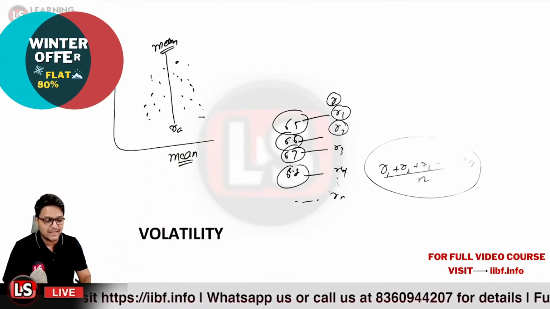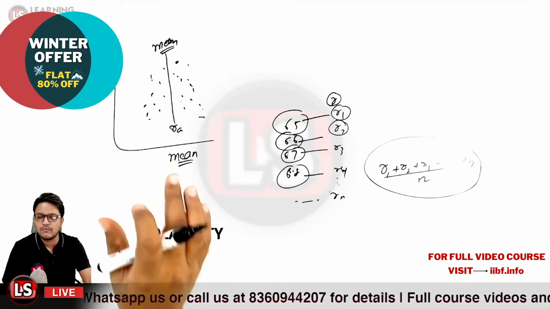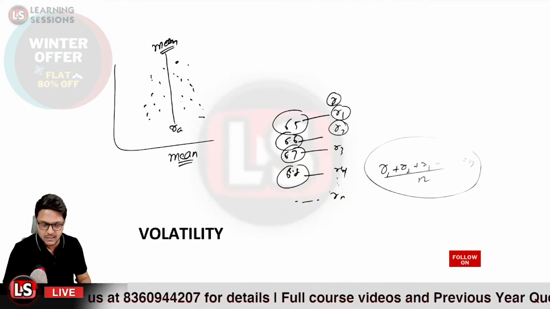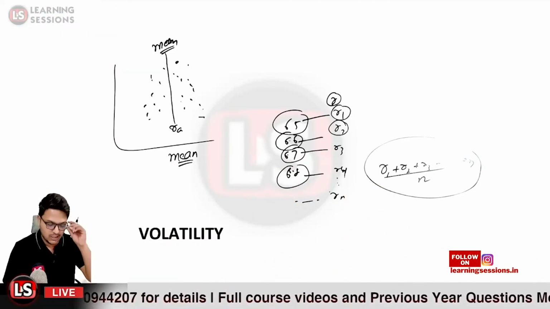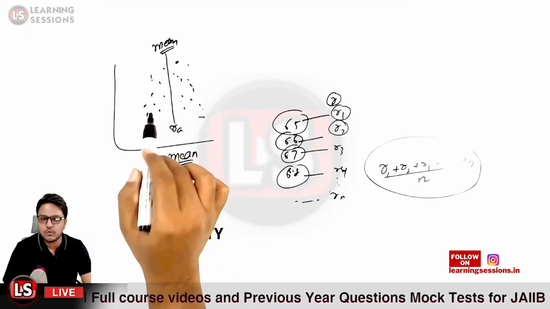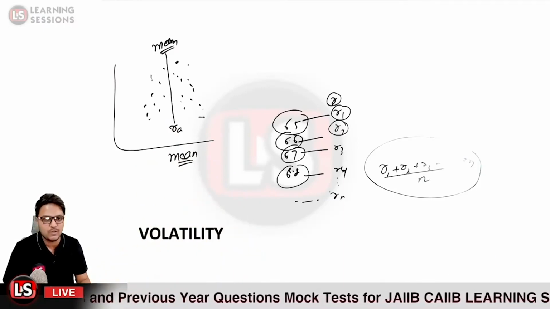Is that clear? So that is basically related to what? That is a graphical plot of the random variable under the different situations. Is that clear? Now, what does it mean actually? It is said to be the dispersion, that is, how the values are dispersed.